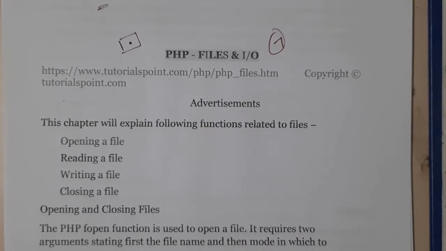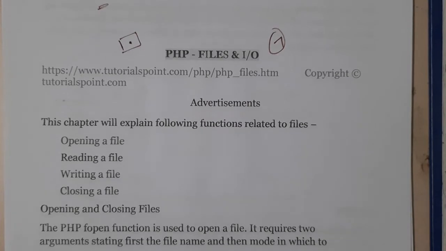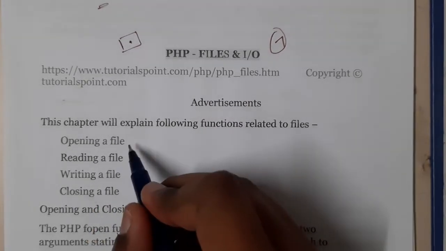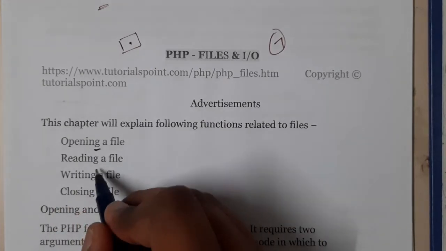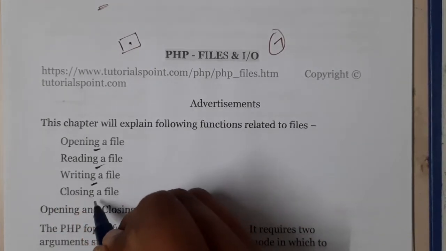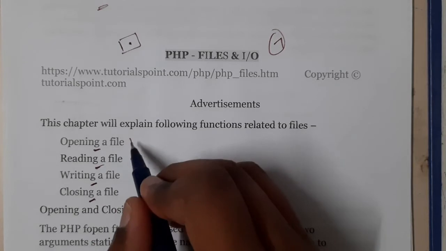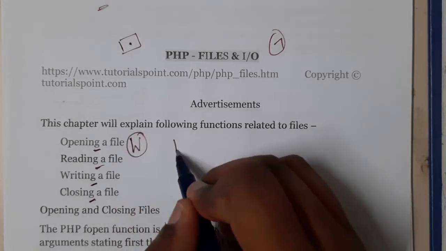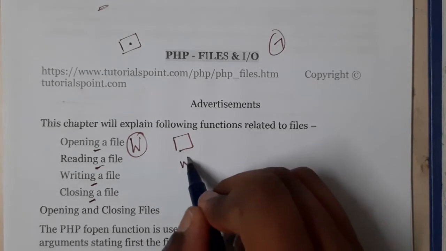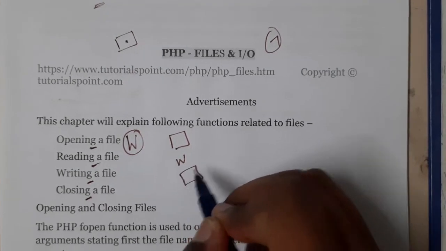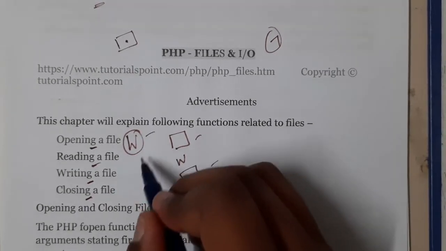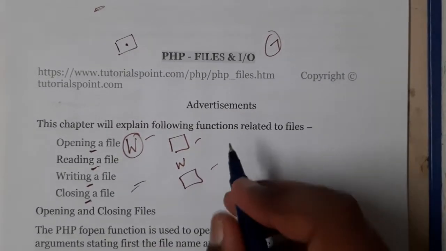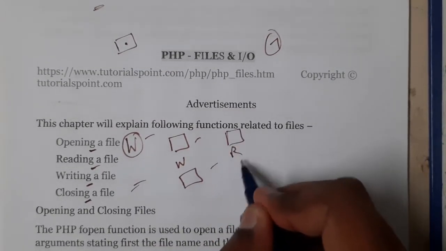By using PHP. You might be having a doubt, what are those operations? Those are nothing but opening a file, reading a file, writing inside a file, and closing it. Assume that you need to write: you will be opening the file, then writing the data, then closing it. Opening and closing are the most common steps in any kind of operation. Even if you want to read: open, read, close.